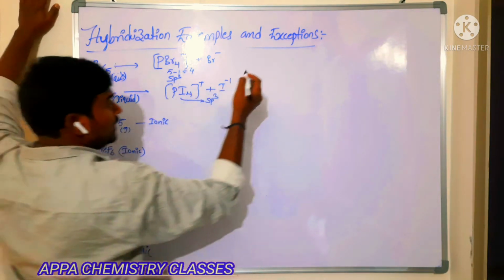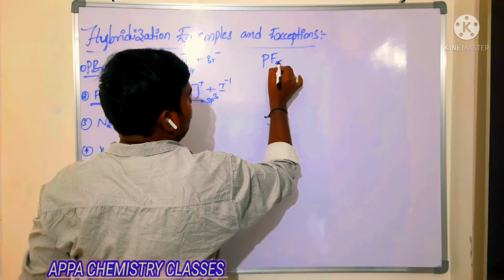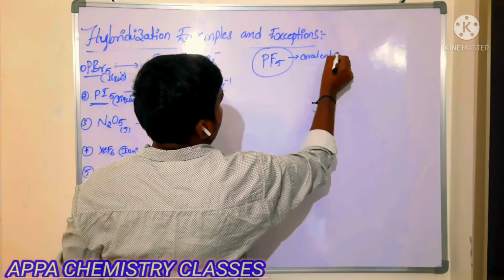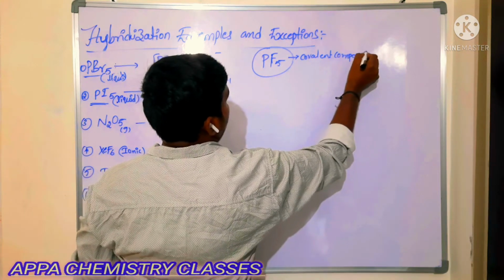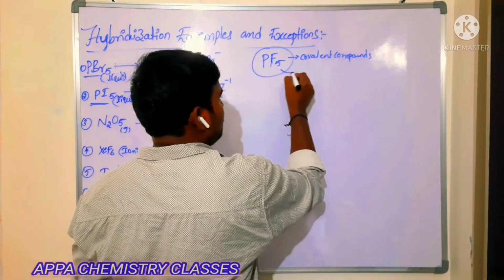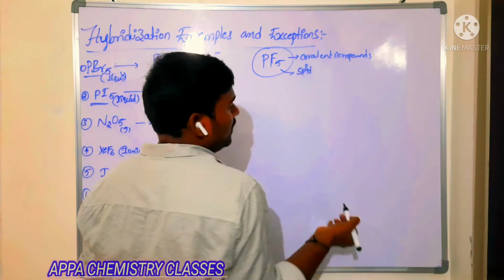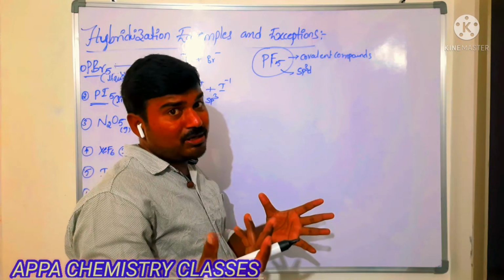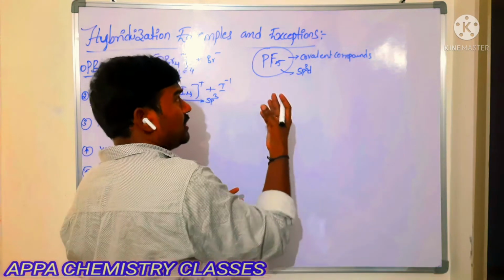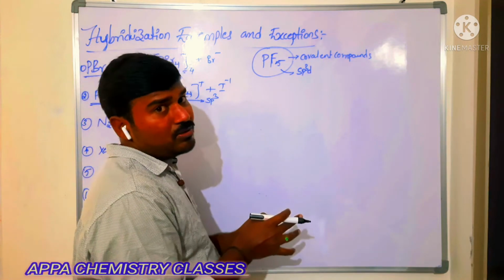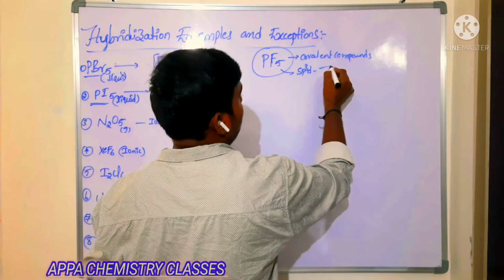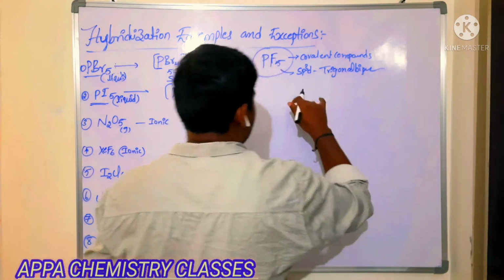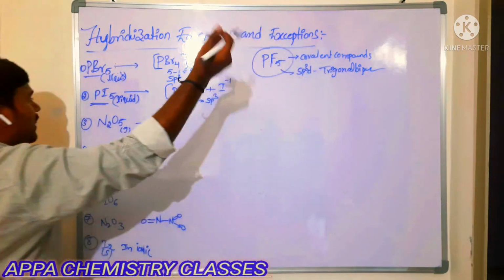So next, if you take phosphorus pentafluoride, you may get a doubt. It is completely a covalent molecule, a covalent compound, which does not undergo ionization. Okay? So what type of hybridization will it have? It is sp3d hybridization. X-ray diffraction studies, which decide the geometry of the molecule, have shown that PF5 molecule does not undergo ionization. So it has sp3d, trigonal bipyramidal geometry. 2 fluorines are axial, 3 fluorines are present in equatorial position.